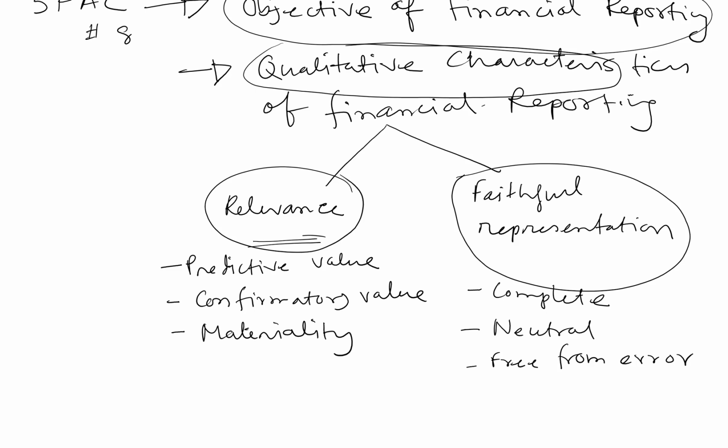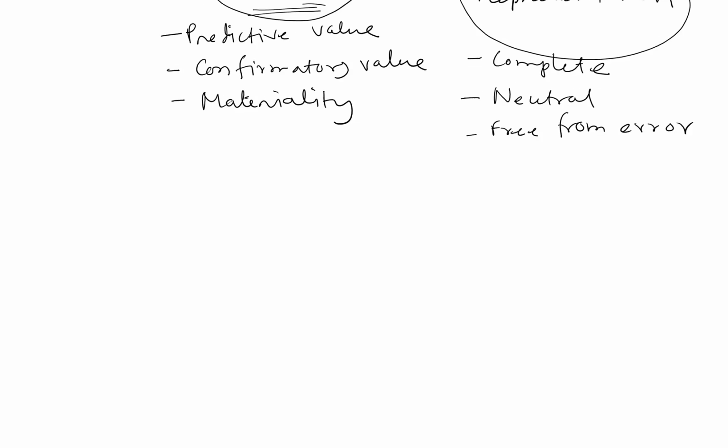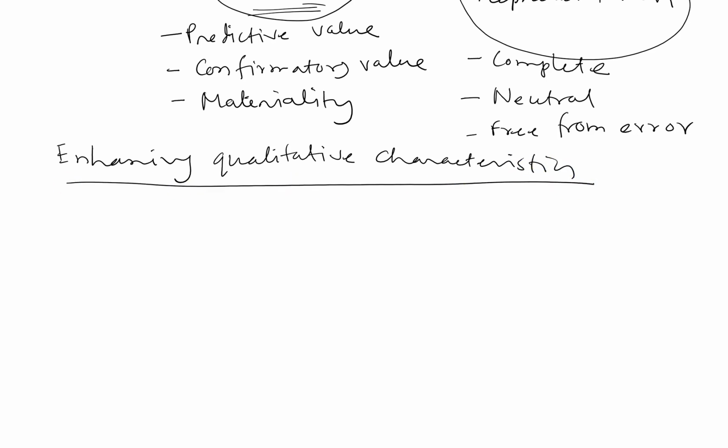So now, how can we enhance these qualitative characteristics? We are now focusing on SFAC number 8, and of course one important aspect is the qualitative characteristics, and we categorize the qualitative characteristics into two groups, relevance and faithful information. Under each group you should consider some other criteria. Now, to enhance the qualitative characteristics, we also need to ensure some other aspects. And to enhance it, we can consider three other criteria. Number one is comparability. Actually four criteria: comparability,